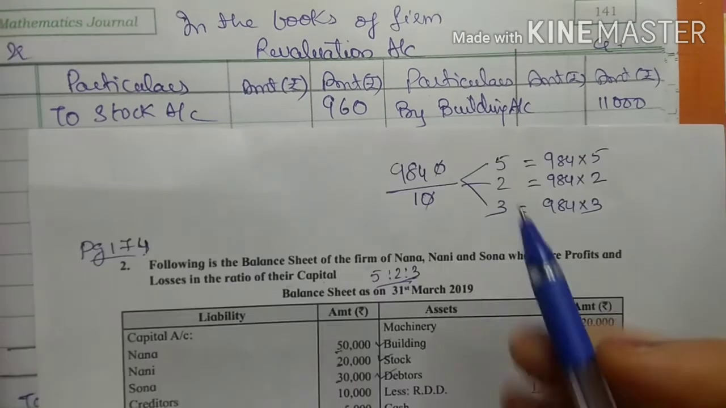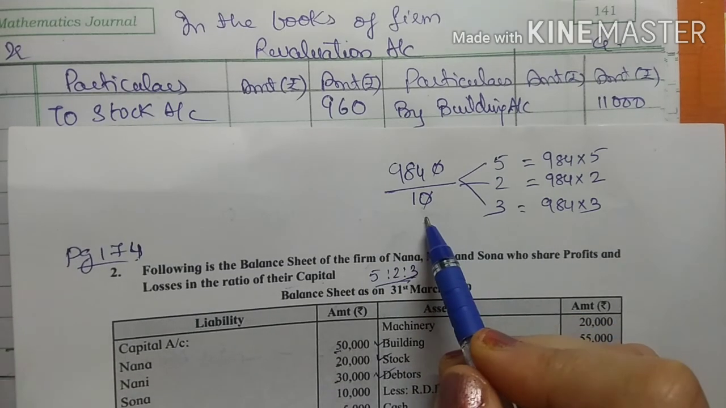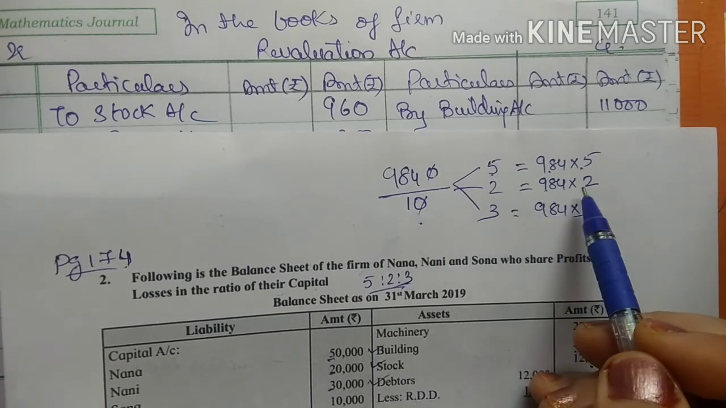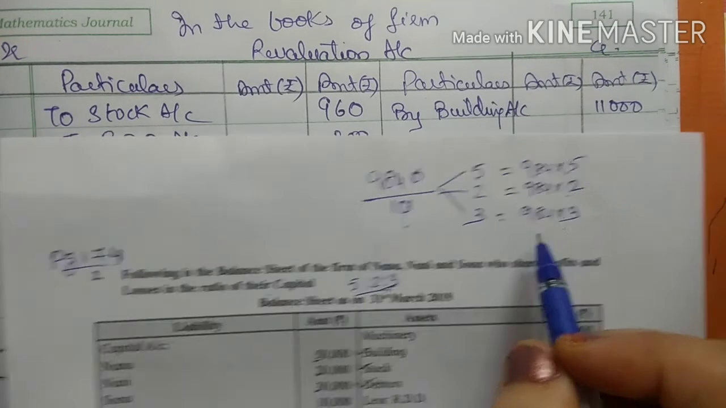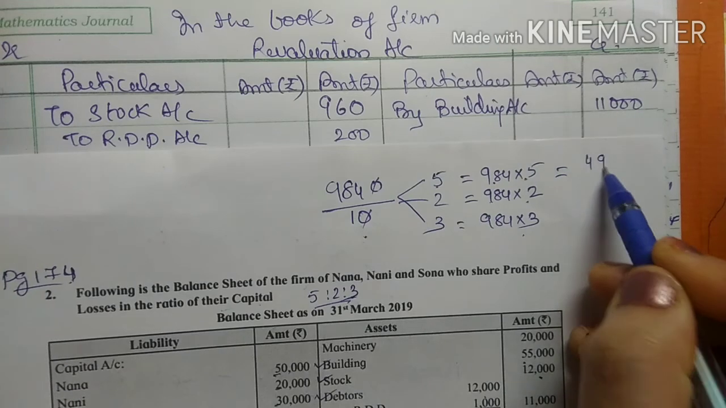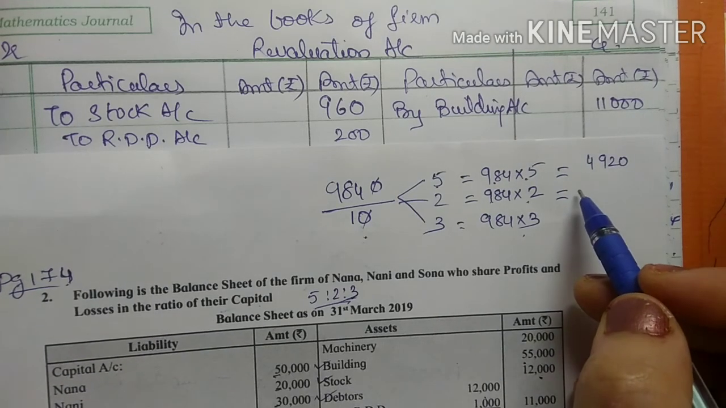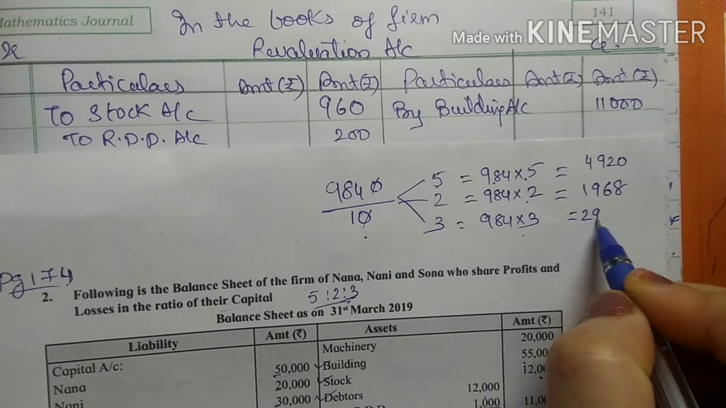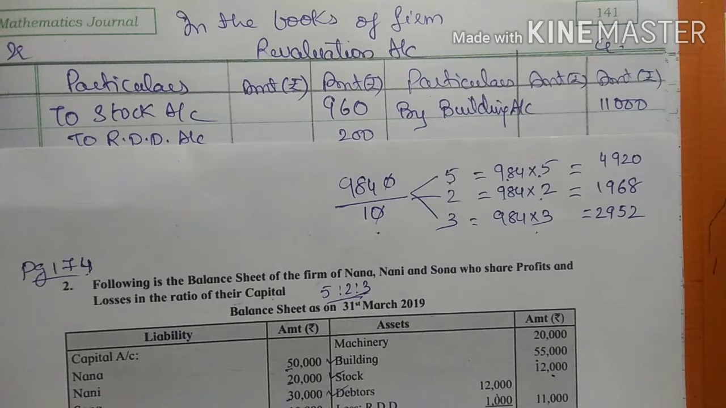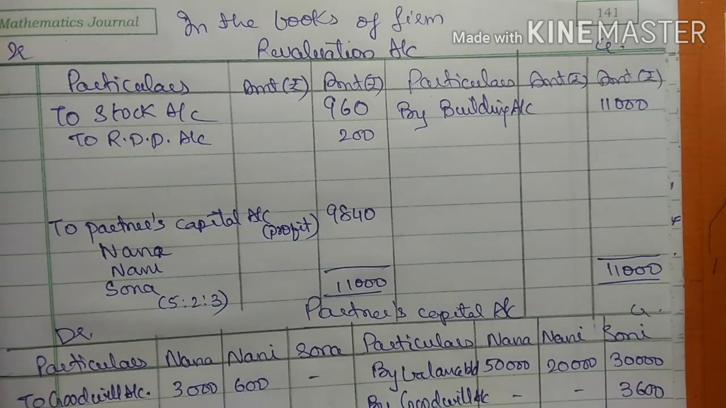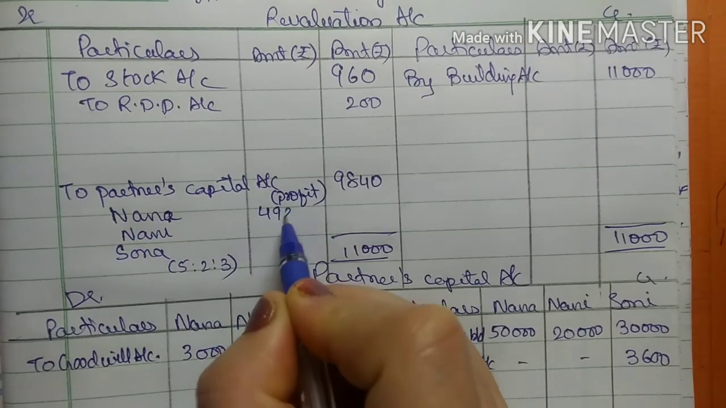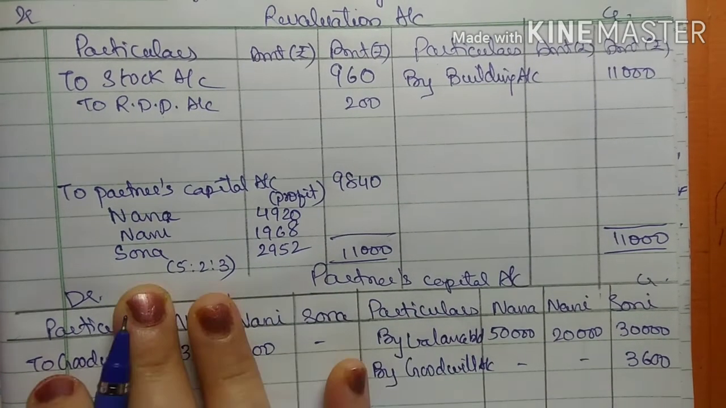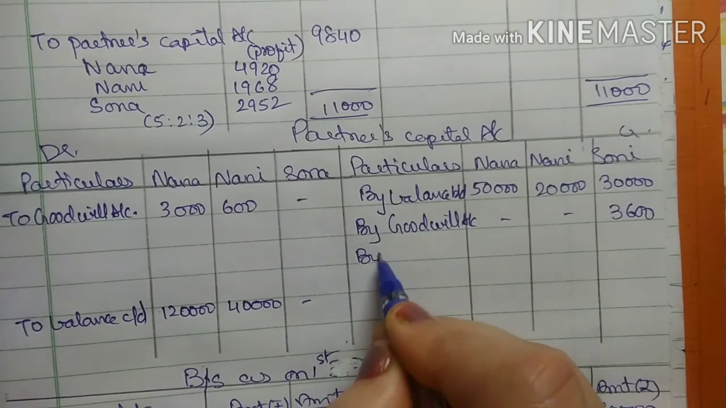Right? So when 9840 is divided by 10, I get 984. So for Nana it will be into 5, for Nani it will be into 2, and for Sona it will be into 3. So when I calculate this, Nana amount is 4920, Nani will be 1968, and Sona will be 2952. Okay, so this I will write in the inner column: 4920, 1968, 2952. Now it is in the debit side, so it will be transferred to the credit side of partner's capital account